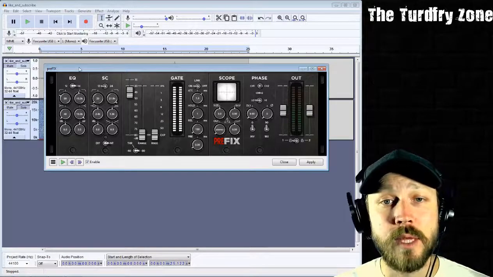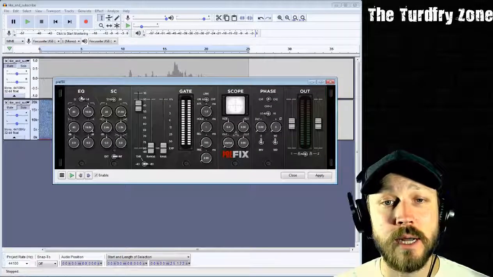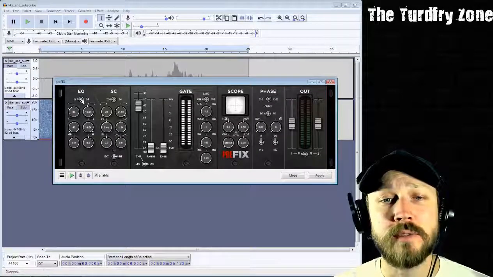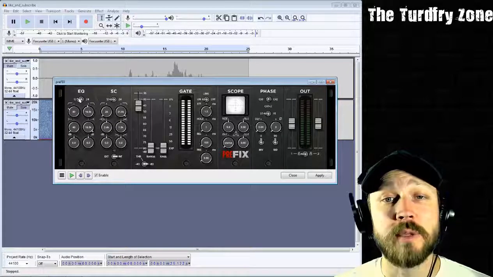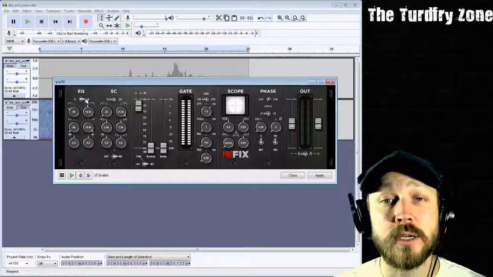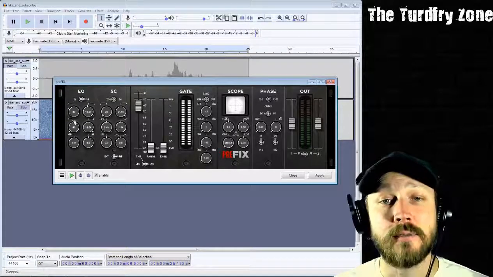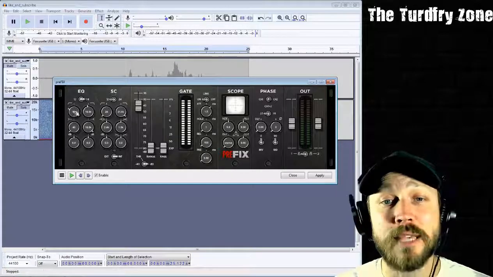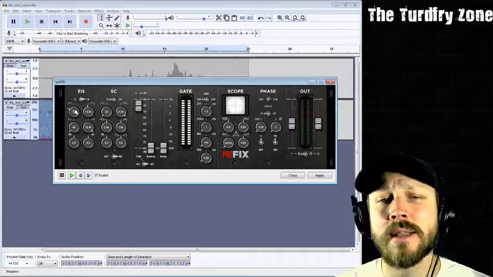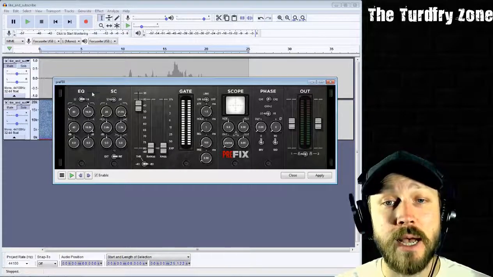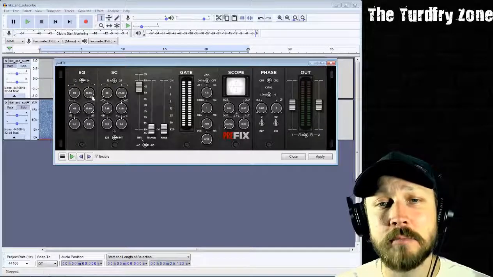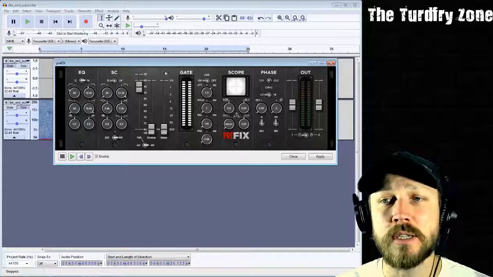So, for starters, the high and low pass filters are on the left hand side. We've got a little 12 dB per octave and 24 dB per octave toggle switch. 12 dB is more of a gradual reduction in volume. 24 is steeper, so a greater reduction in volume per octave. For our high pass filter, we have that set right now at 80. That's a great starting point, and that will help get rid of a lot of that background noise. For that higher end, anything above 16 kilohertz, we shouldn't really affect his voice too much.